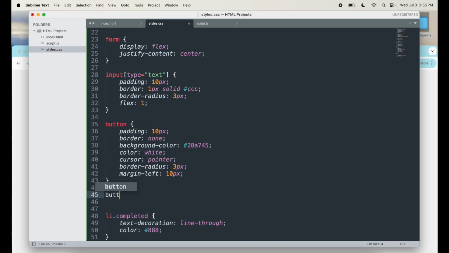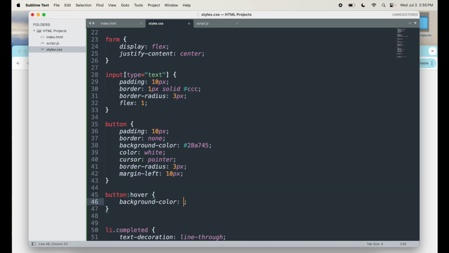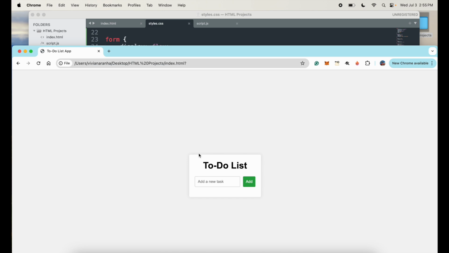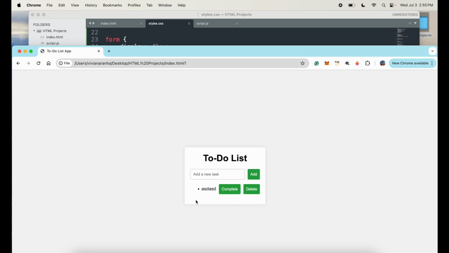So I'm going to say button hover. This is how you create hover effect. I want to change the background color to a different color. I have a specific color in mind, 218838. So now when I move on top, you see a little bit darker, so I know that it looks like a button. Next, when I add stuff, like if you look at this, all the buttons are now same color,